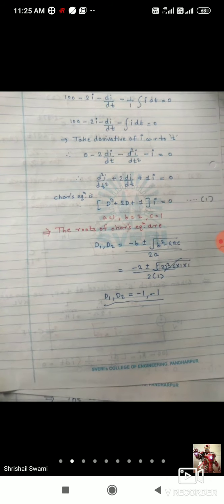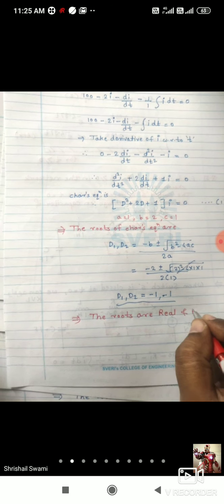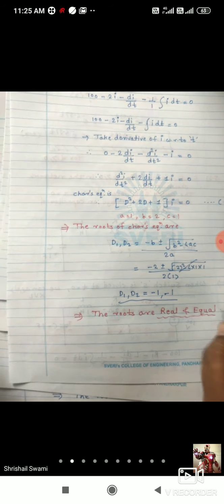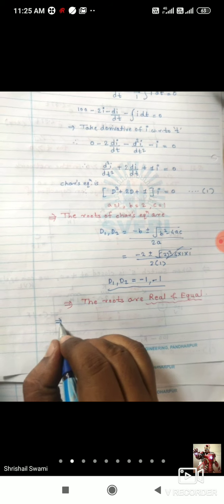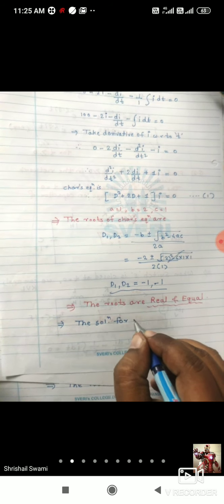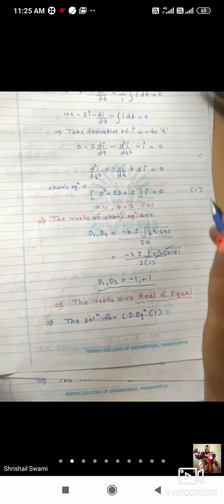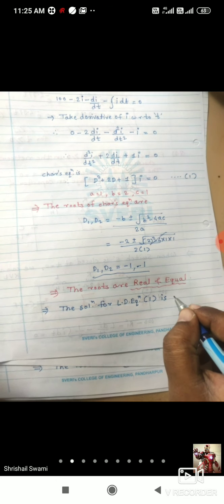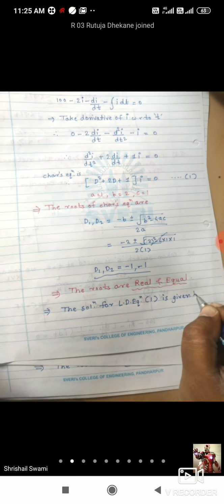So what are the nature? नेचर काय आहे? The roots, yes. So the roots are real and equal. म्हणजे तिन्ही टाईपचे मी एक्झाम्पल घेतलोय, बरोबर आहे, all three cases. So the roots are real and equal, therefore the solution for linear differential equation number 1, म्हणजे इक्वेशन नंबर 1 is given by, सांगा मला फॉर्म्युला काय केस नंबर 3 चा